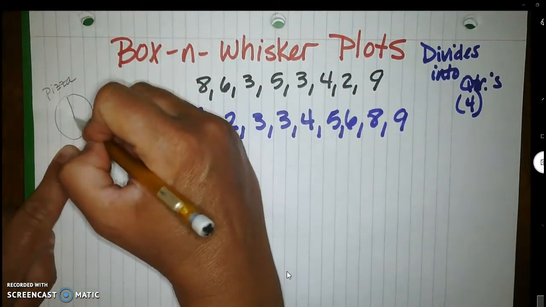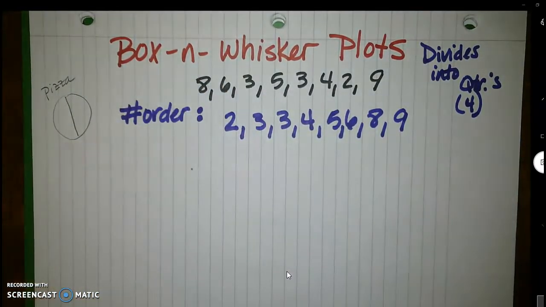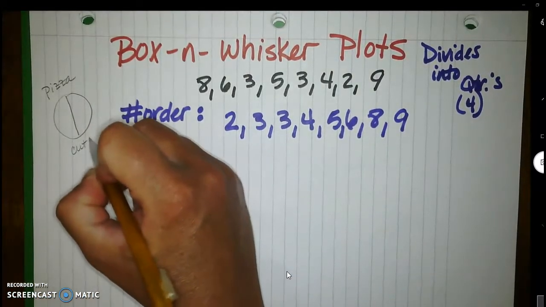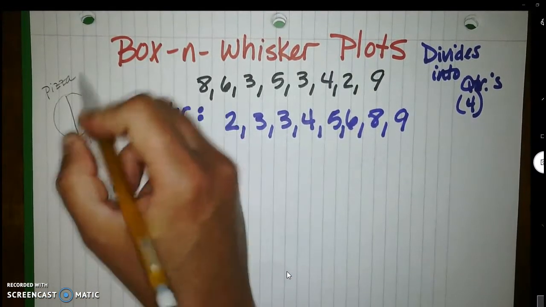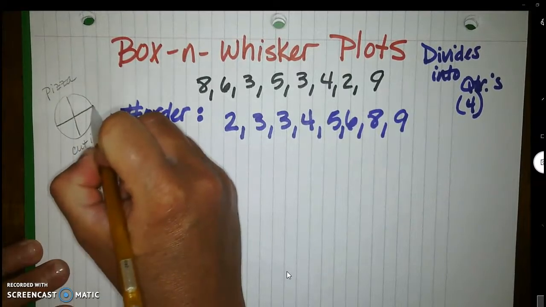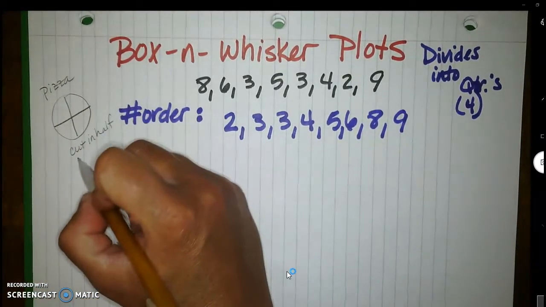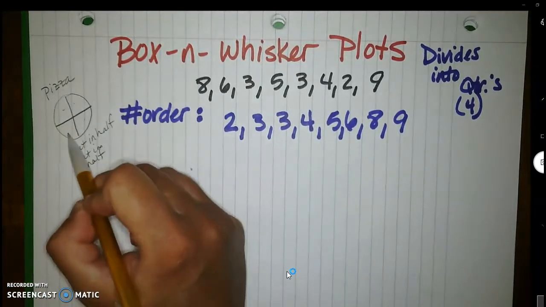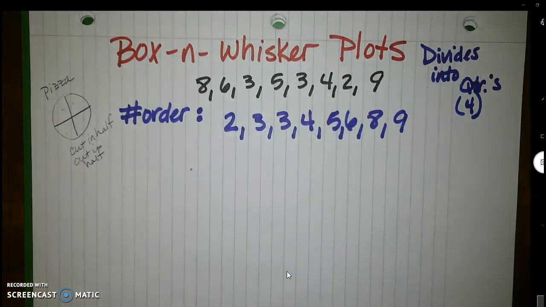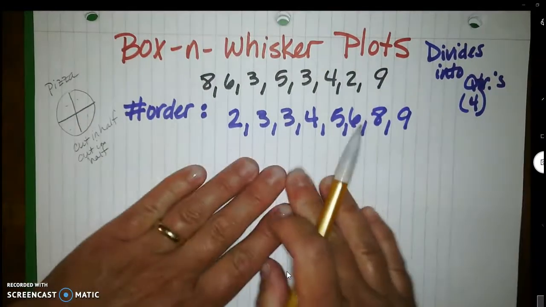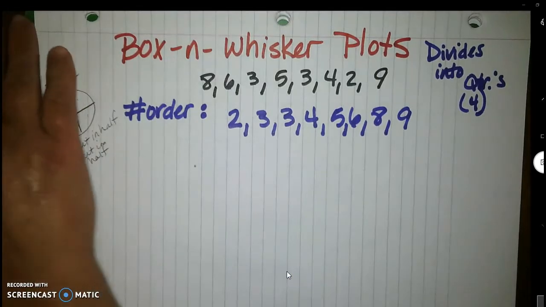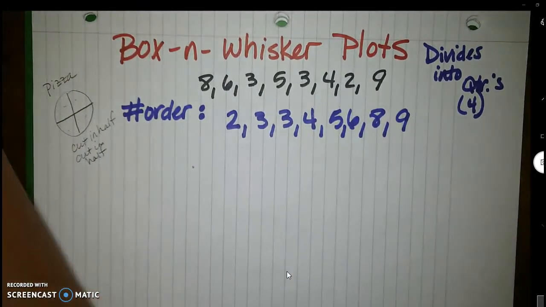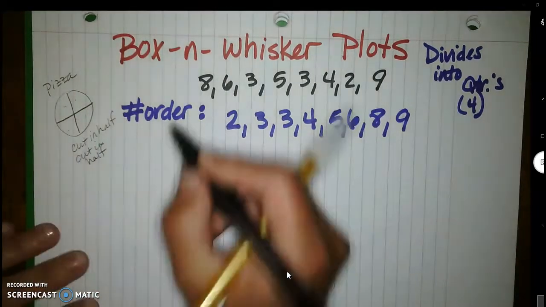You're going to have to cut that data, or cut that pizza, in half first, right? So you're going to cut it in half, okay? And then you're going to cut it in half again, okay? And this is going to ensure that you and your 3 friends get the same amount of pizza. So that's what we're going to do with this information, okay? So the first thing we're going to do is cut it in half,